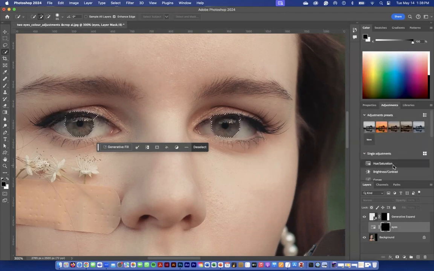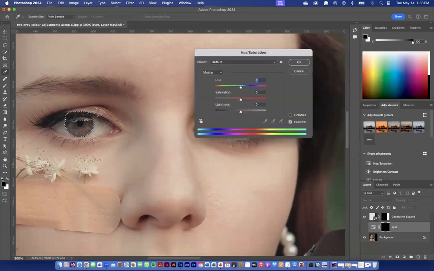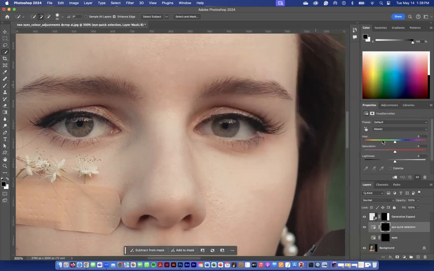go to hue and saturation, hold down option at the same time, and I'm going to call this eye quick selection so we remember which one. Quick selection, press OK, and see down here, I turned it off, the original. So here, we're going to do the same thing. We're going to add a bit of a selection, maybe add a little more saturation,